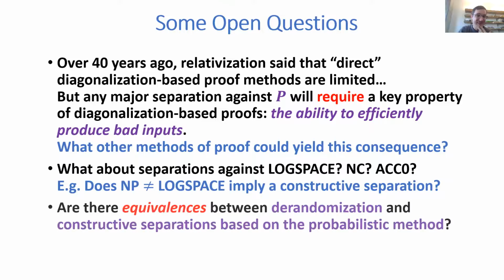It's a good question. So the last question is, we showed that if you get constructive separations for lower bounds based on the probabilistic method, then you would get derandomization results, right? You would get these circuit complexity lower bounds that imply derandomization. So what I'm wondering is, maybe there's an implication in the opposite direction. Maybe there's an equivalence. So I'm wondering, maybe constructivizing known lower bounds, like those proved by counting arguments, is a derandomization problem in disguise and is actually equivalent. I don't know. That's all I got to say.